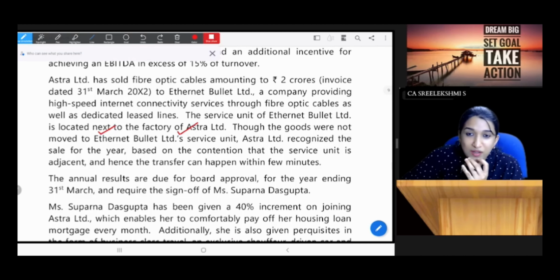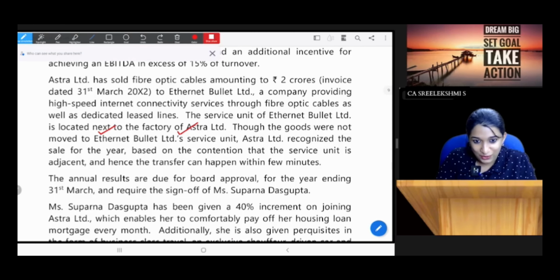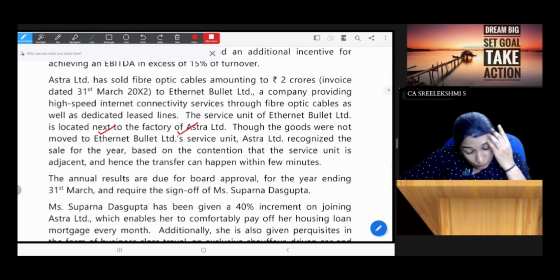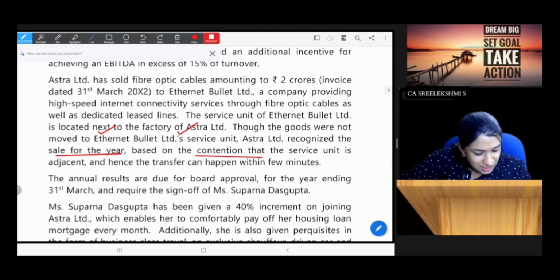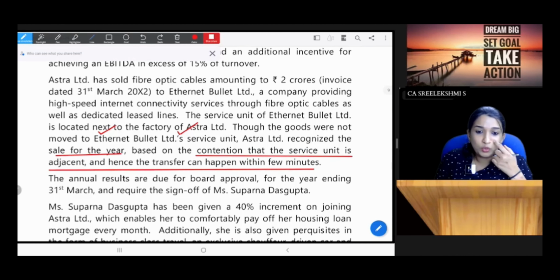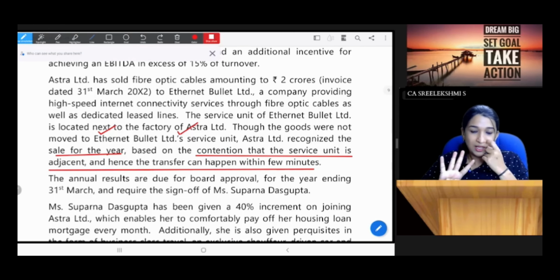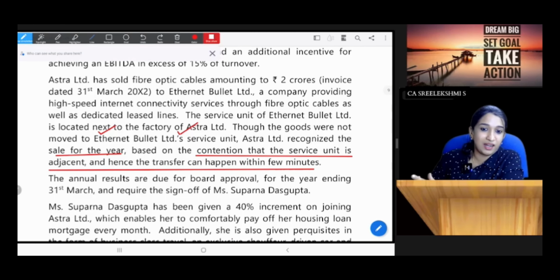So in Ind AS 115, we have studied something like this, like bill and hold. Though the goods were not moved to Ethernet Limited service unit, Astra Limited recognized the sale for the year based on the condition that service unit is adjacent and hence transfer can happen within few minutes. See, in bill and hold, what we have studied is 4 conditions are to be satisfied. The reason for bill and hold is substantive, that is buyer has requested to hold, the goods are identified, goods